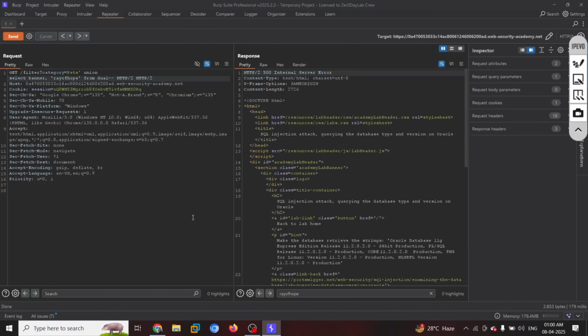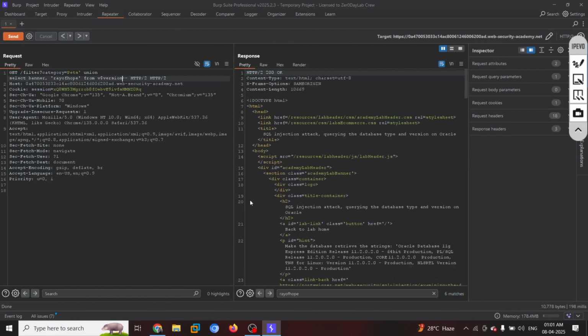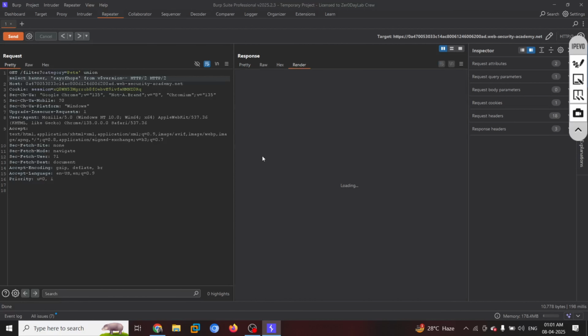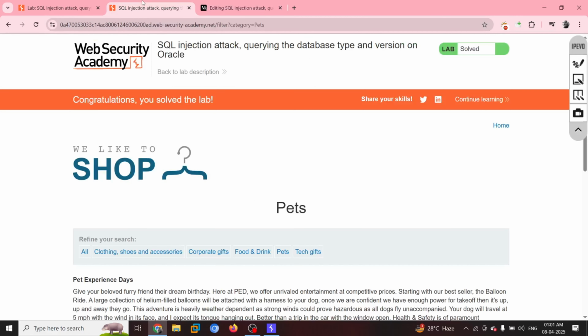It is giving us an error, right? Why is it so? Because I did not specify the version. For version, you have to specify the $ sign and the version. Send. Now we got to know, right? And the lab must have been done. See, congratulations, you have solved the lab.